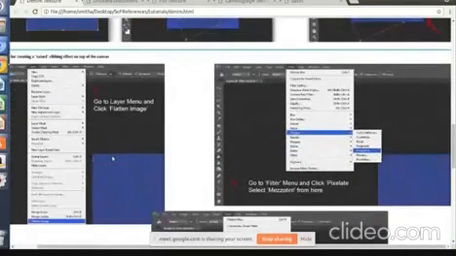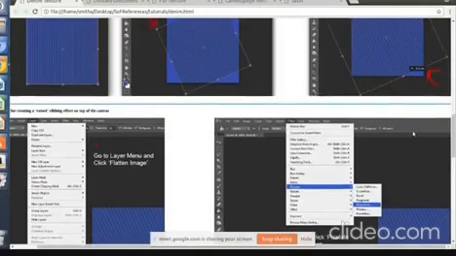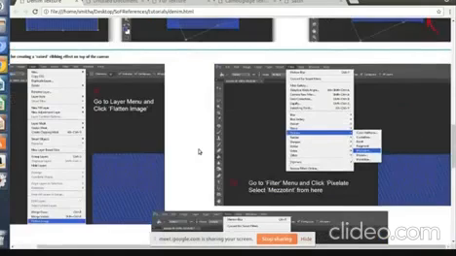After rotating, you can press Enter. Without pressing Enter, the transform feature will still be enabled. So after you transform it, you have to press Enter. Sometimes I've seen that people forget to press Enter and they are not able to use any of the panes or the menus, and they think Photoshop is not working.